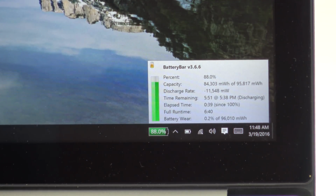You've got the Core i7 HQ version, obviously Skylake, and you've got the Nvidia GPU in it. So I was expecting anywhere from 5 to 6 hours. I was actually able to eke out 6 hours and 40 minutes. And according to the Battery Bar Pro program here,